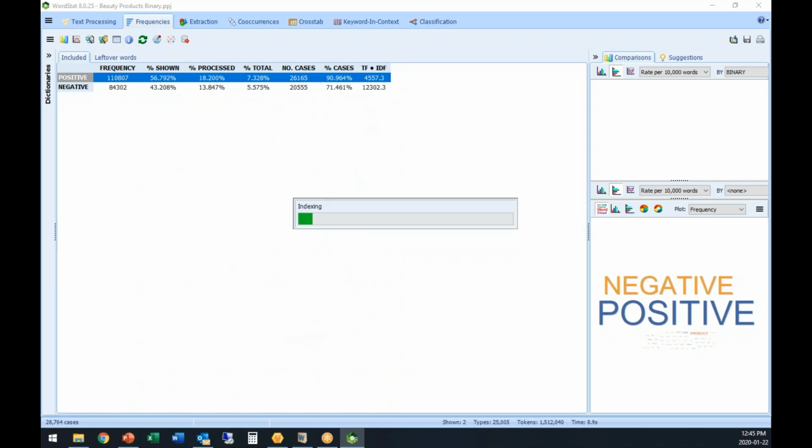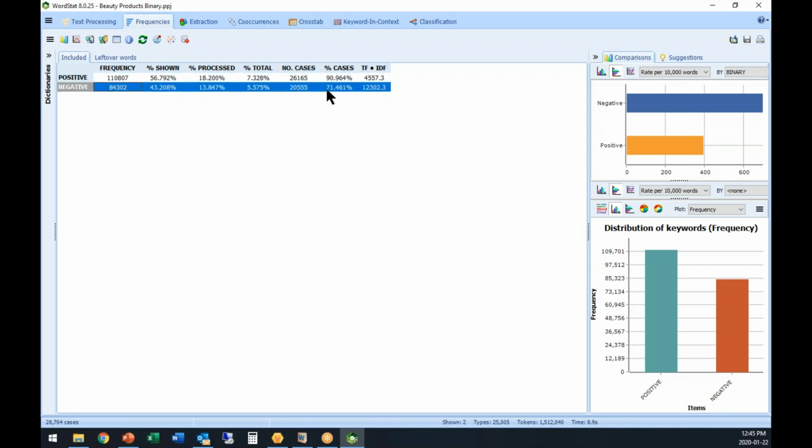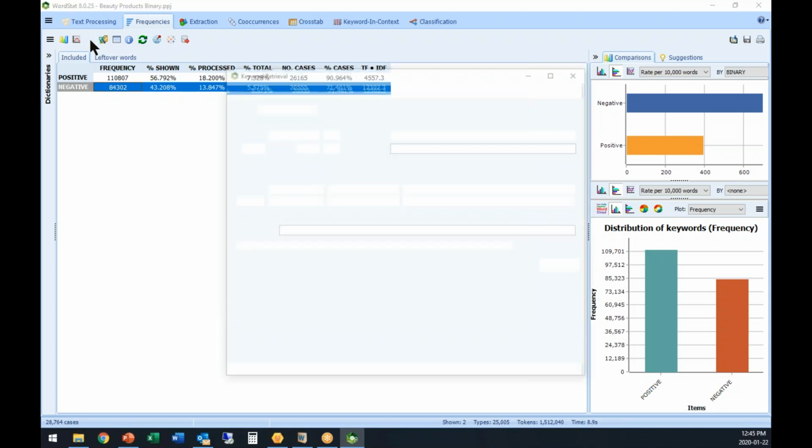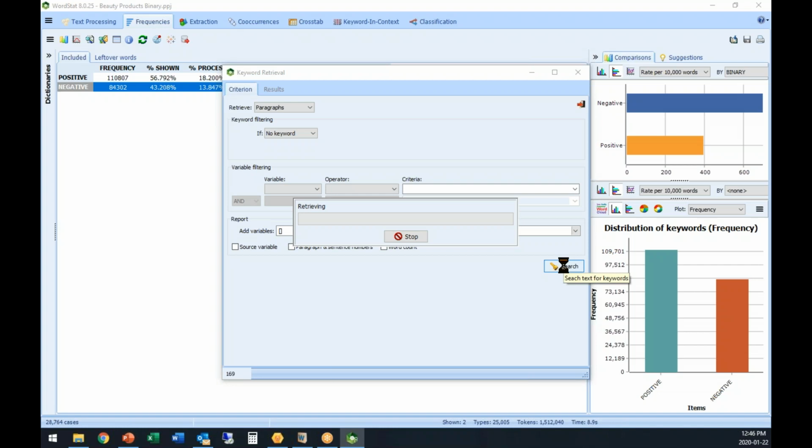This is typical. For very positive things, the vocabulary is more limited. Somehow it's more difficult to get a good coverage on negative, but we have negative in about 71% of all the comments. But I could retrieve, let's do that, paragraphs that contain no keywords. By doing that, it will probably bring me quite a big data set, several thousand. And what I could do is save that and try to analyze it and see what is in there